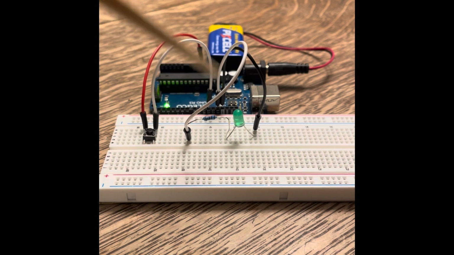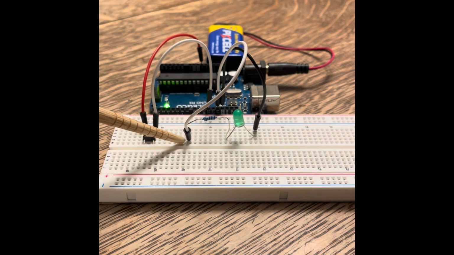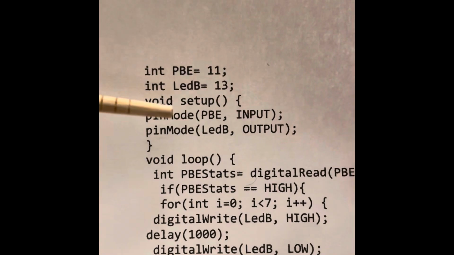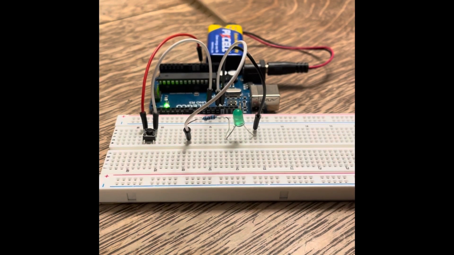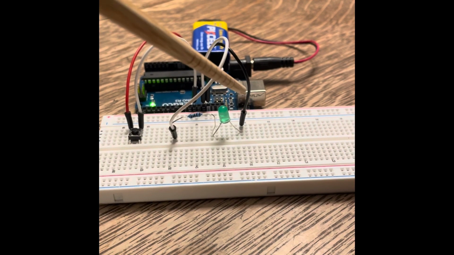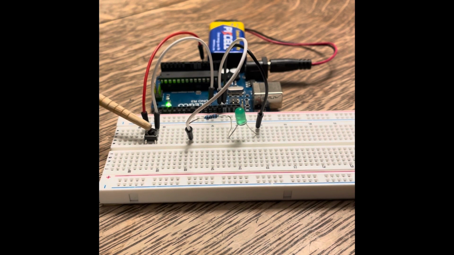And then if I can zoom in, the 13 goes to the positive end of the LED, and 13 is LED B, number 13. And then that leads to the ground. So if the push button is pressed,